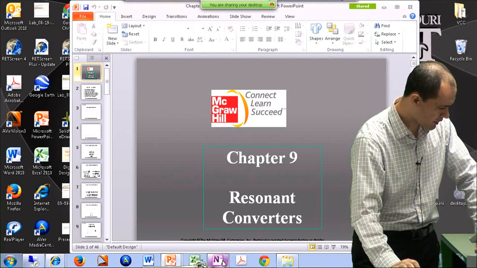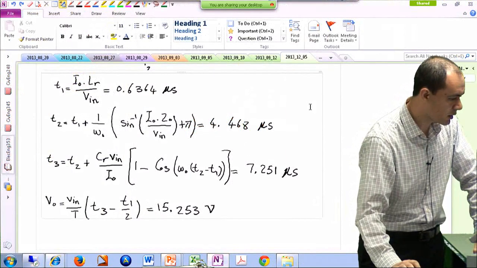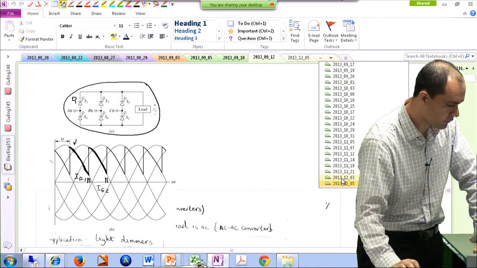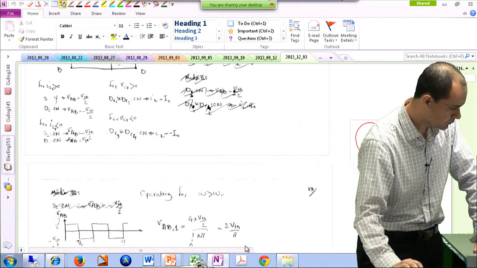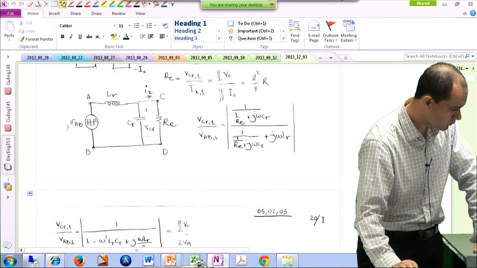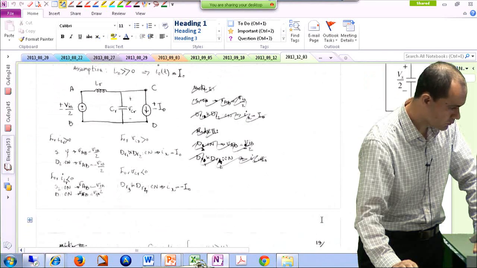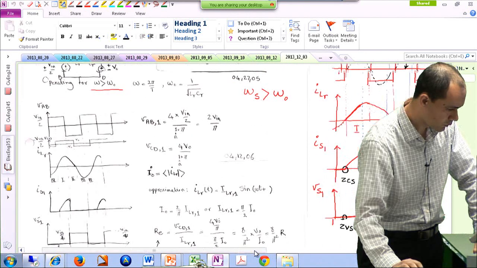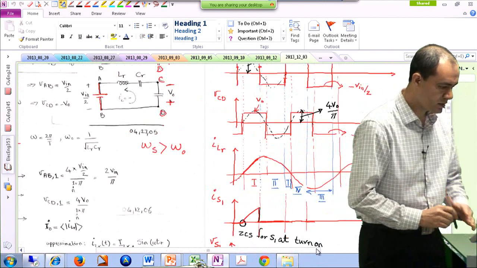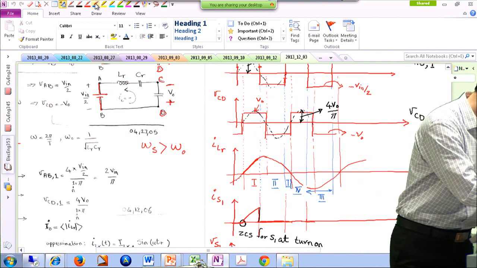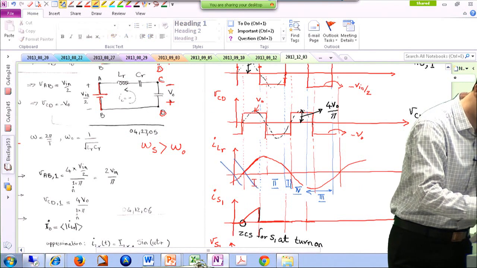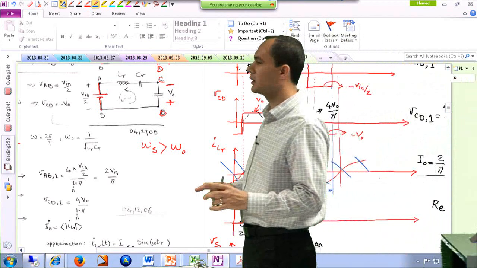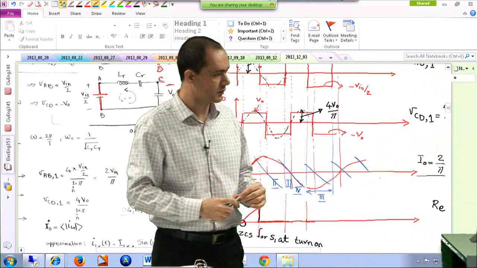One thing that I noticed after the class was done was I made a mistake when I was drawing these waveforms last time. Basically, the waveform that I drew over here is not correct, and I'm going to draw the right one over here. The mistake that I made was the frequency of the current is actually half the frequency of my